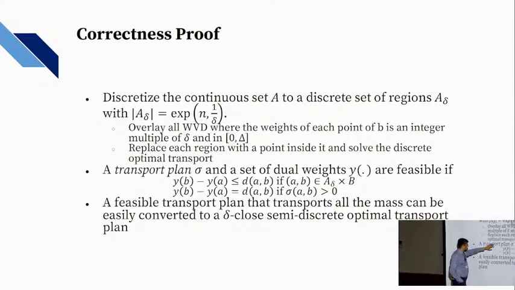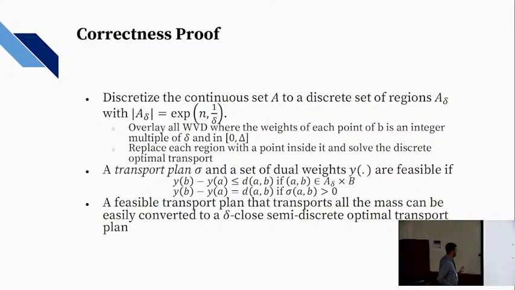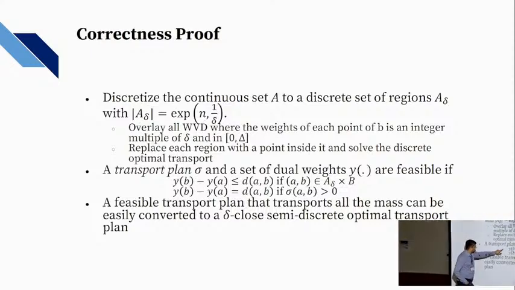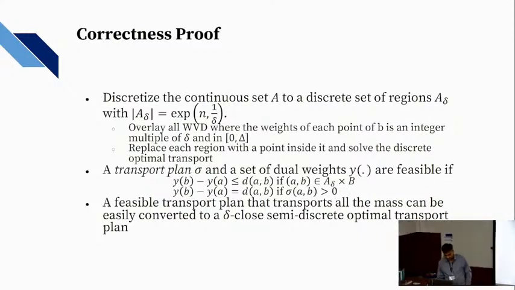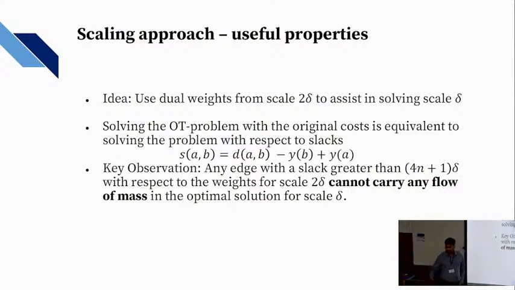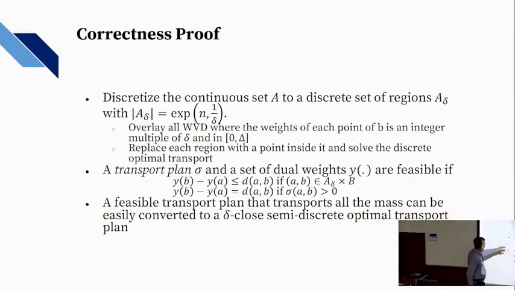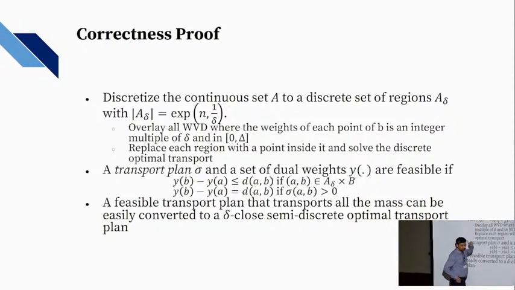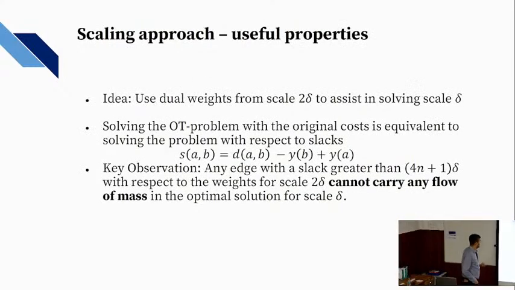Essentially, solving the discrete optimal transport problem boils down to maintaining a feasible transport plan that satisfies these properties. These are the dual weights that I don't think I have the time to get into, but if you are familiar with graph theory, you would have seen these things in the context of matchings, min cost matchings. So what we will show is that our algorithm is essentially computing the optimal transport for this set. Okay, and the way we show that is the following.